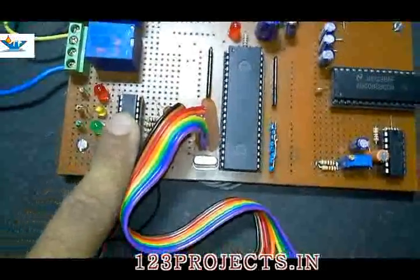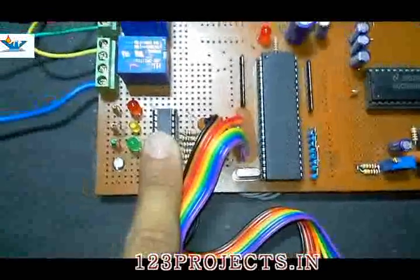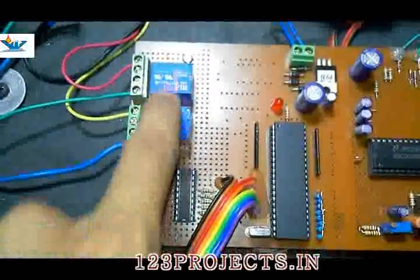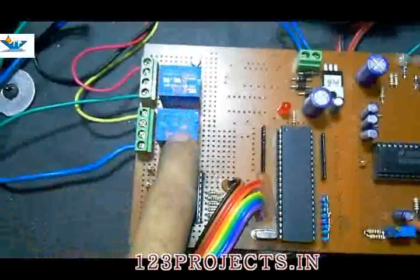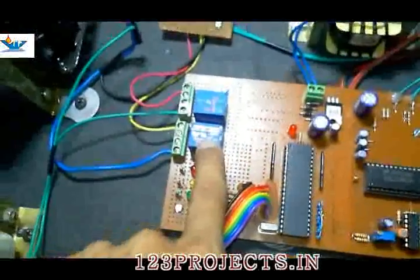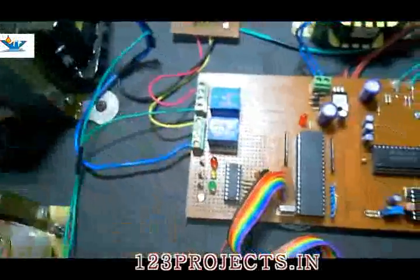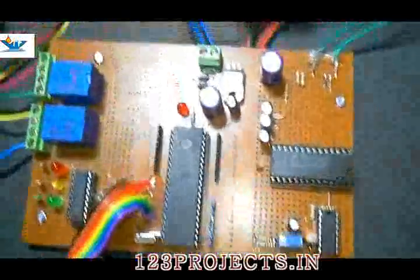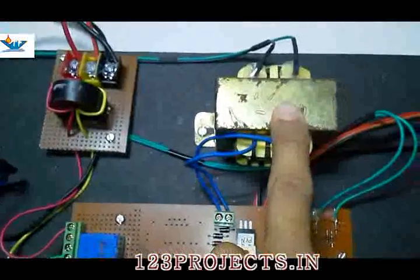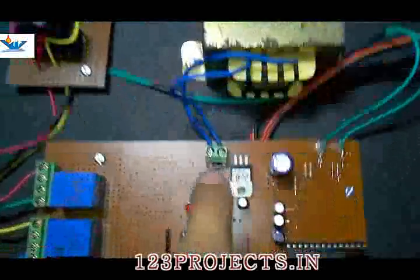Here is a Darlington pair array IC which is ULN2803. Here these two are relays to switch on or off, or disconnect, transformers from the distribution line. These are connectors for physical connections. Here we have a power supply transformer which will provide an AC 12 volt source, and